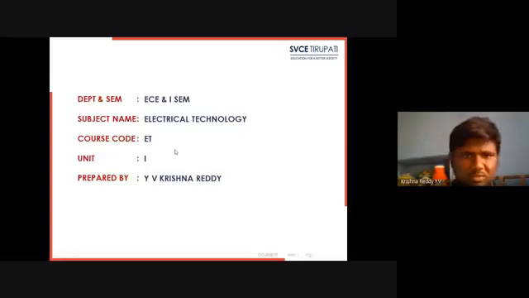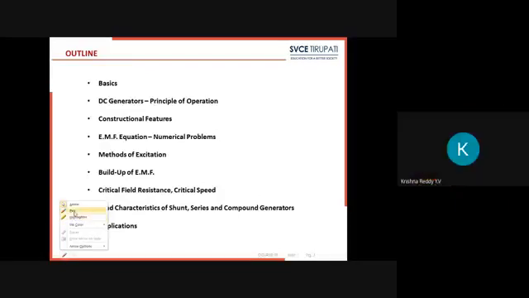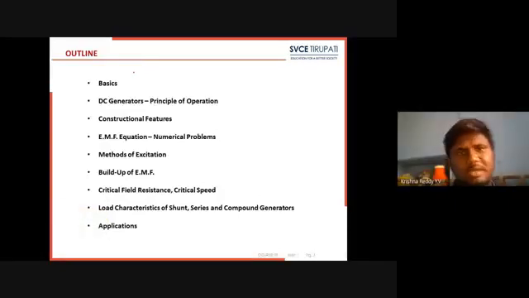Today we are discussing the basics required to study DC machines. What are the basics we need to study about this? In order to understand the functioning of DC machines, we need to know about